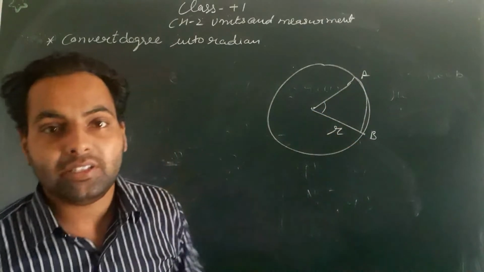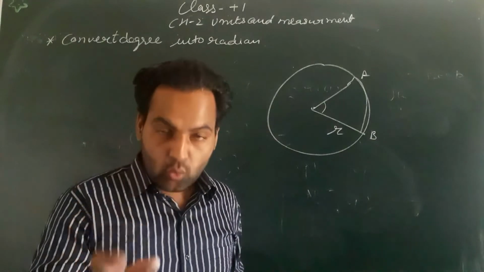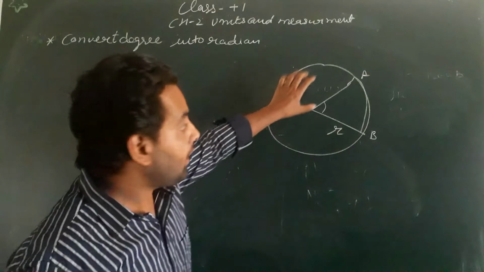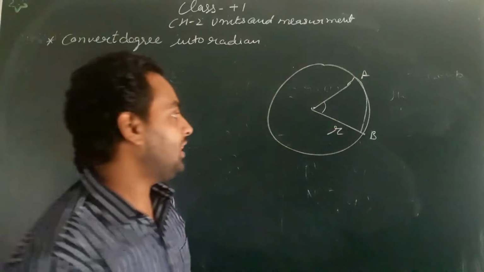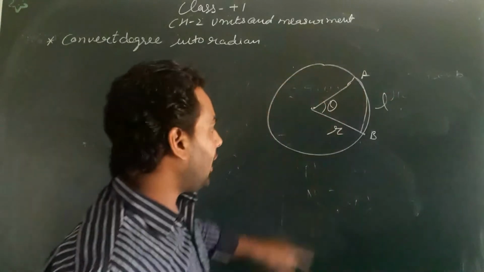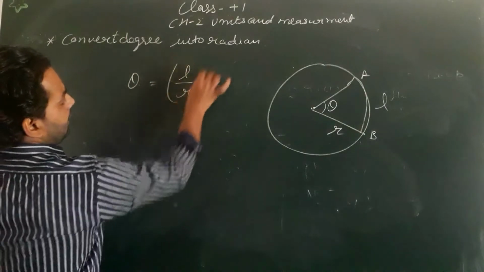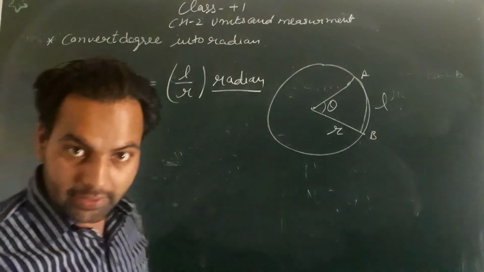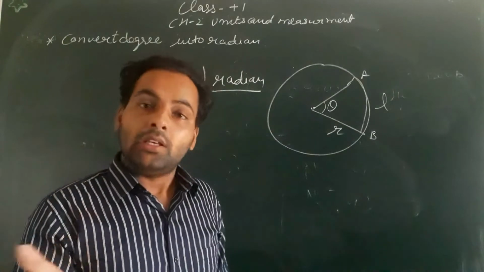What is radian? Radian is the angle subtended at the center of a circle by an arc whose length is equal to radius. मींस सर्कल के सेंटर पे बना हुआ एंगल जो एक आर्क ने बनाया है, और उस आर्क की जो लेंथ है वो रेडियस के इक्वल है. So if that angle is theta, and L is the length of that arc and R is the radius, then theta is equal to length by radius, that is radian. Radian is the angle subtended at the center of a circle by an arc whose length is equal to the radius.